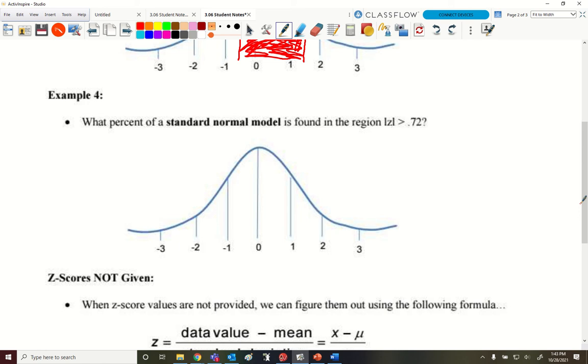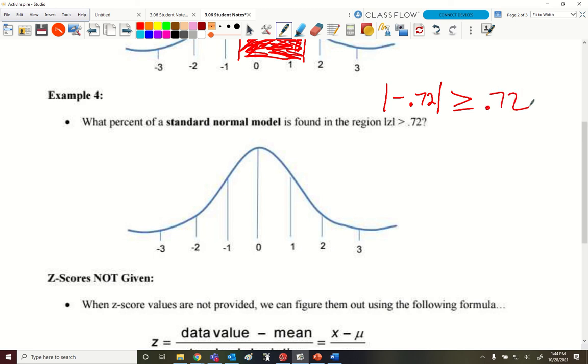Now, what this says right here, standard model is found in the region of absolute value of Z is greater than 0.72. Now, absolute value means it's always going to be what? Positive. Positive. Thank you. Always positive. But let's think about it like this. Negative 0.72 and let's go this and